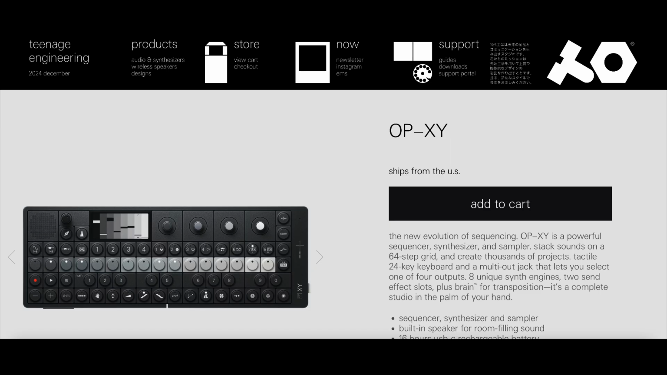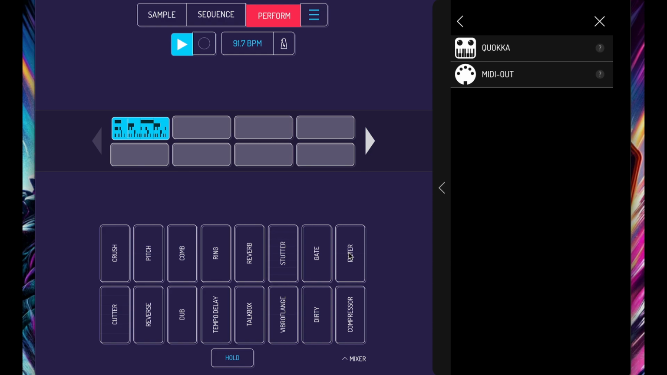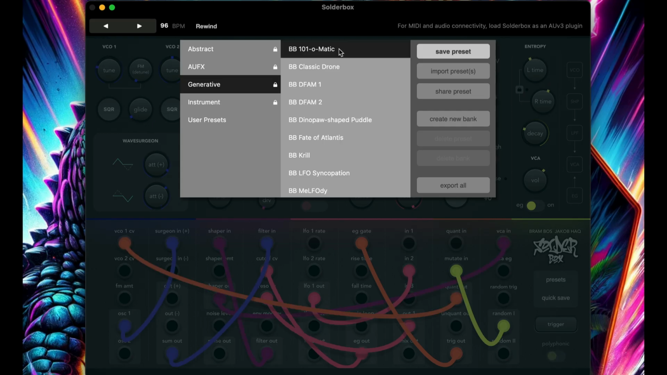And finally, for the hardware synth folks, the OP-XY recently dropped, and I just want you to guess the price. That's right, $299. I'm just kidding, it's $2,299. I know I'm not really the target market for this thing, but between Koala and Solderbox, I'll bet you